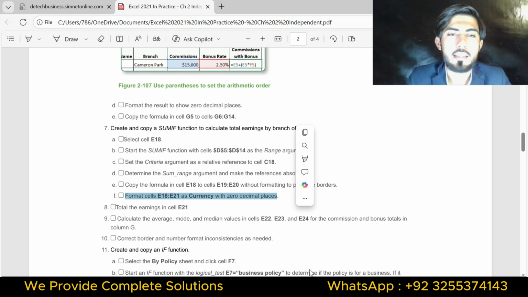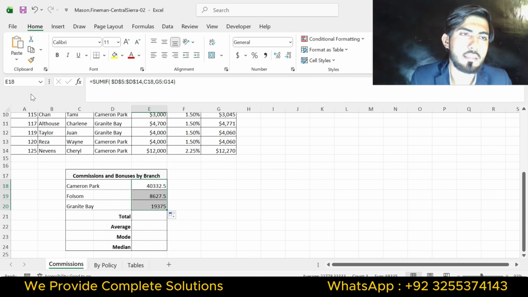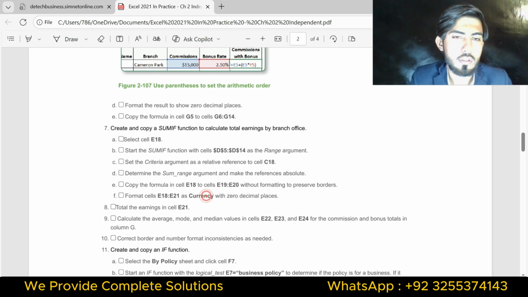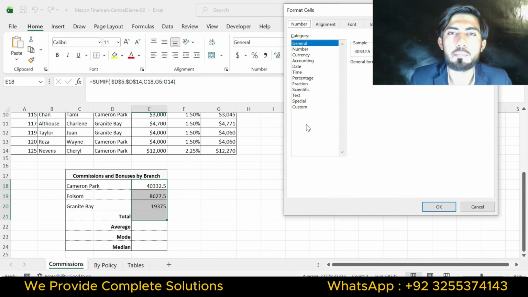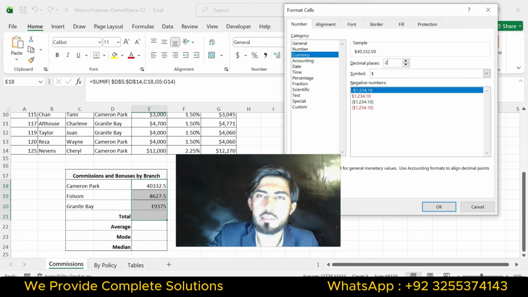Part F is format cells E18 to E21 as currency with 0 decimal places. So first select this range, copy this range and select this range in the Excel sheet, and go to the Home tab and in the Number group choose currency with 0 decimal places.